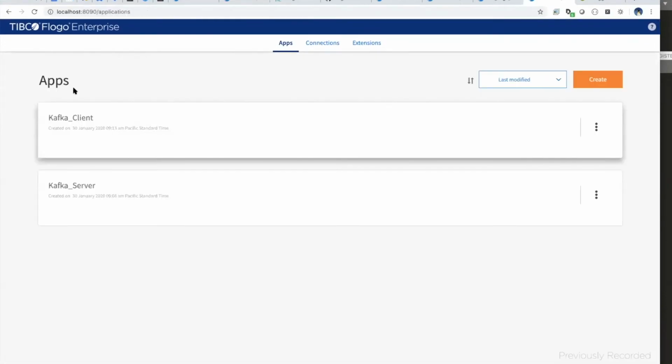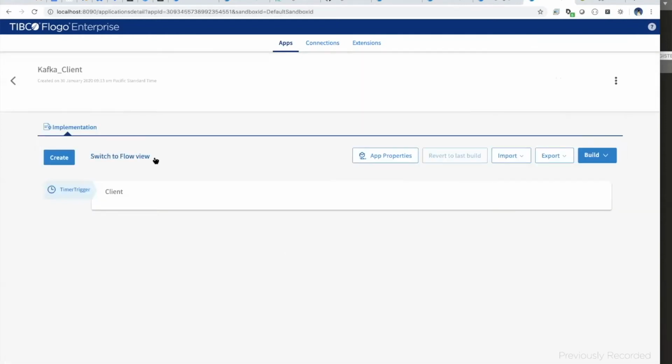You can see that we can connect to the Avro schema registry, pull the schemas from there, and configure triggers and client activity. Let me build both of these and quickly run them.